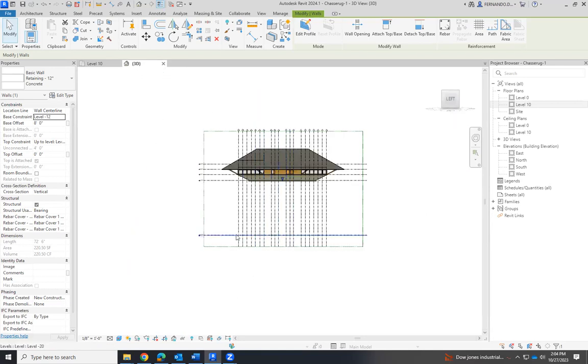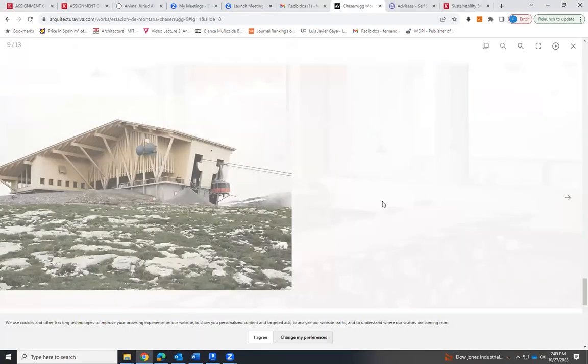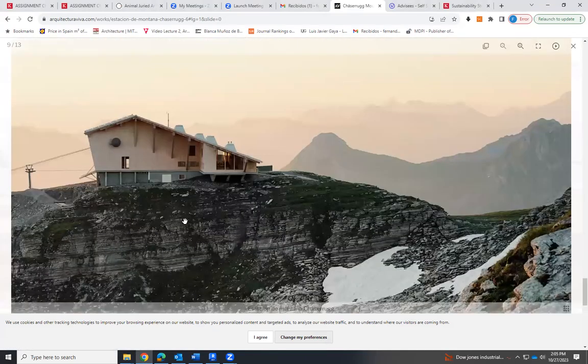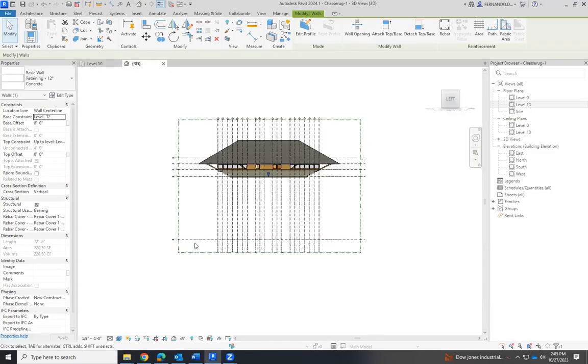Why am I doing this level? Because, you know, this building is placed on a cliff. So the topography is going to be something like that. That cliff is very sharp, very vertical on this side, and on the other side is less vertical. So we're going to try to create some topography that reminds of something natural, like this mountain. That's why I have created this level there.